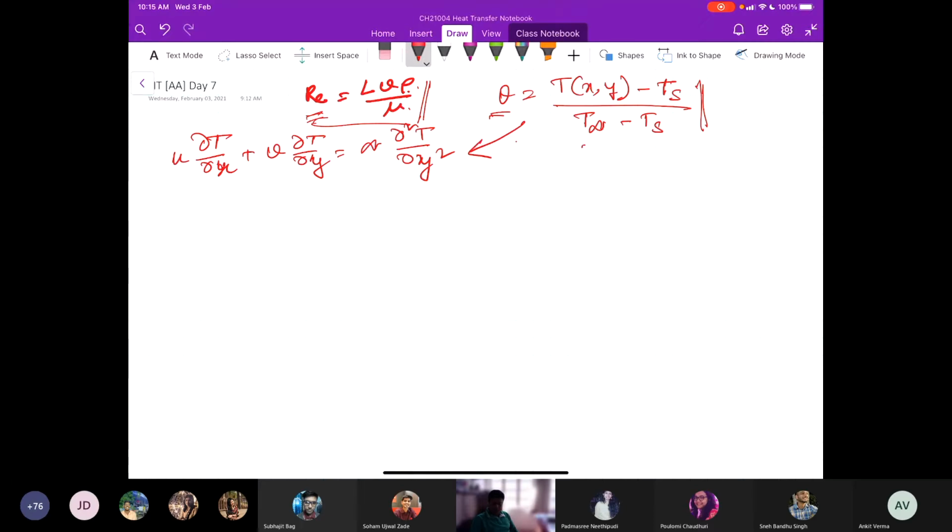we notice that this denominator is basically a constant value, because T infinity is a free stream temperature, which is usually constant for a fluid flow, and Ts is the surface temperature. If it's an isothermal surface, then this is a constant value. So if we replace this, what we have here